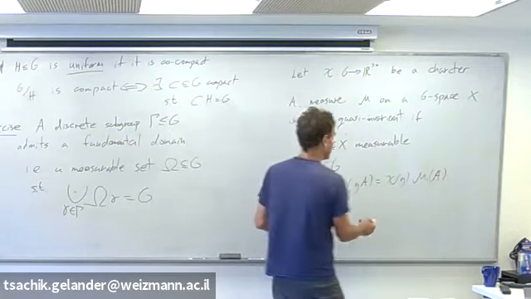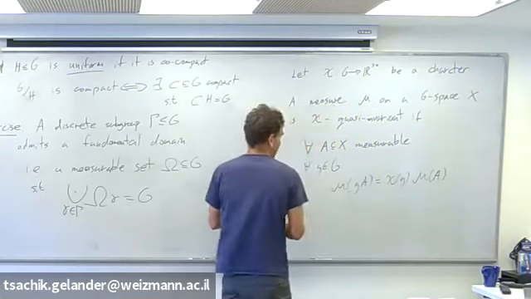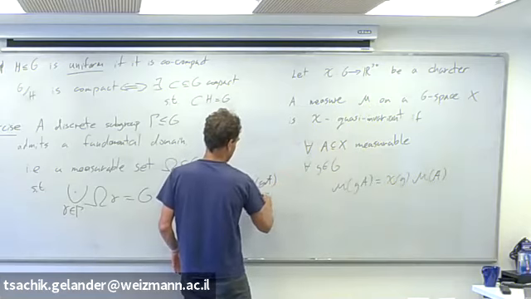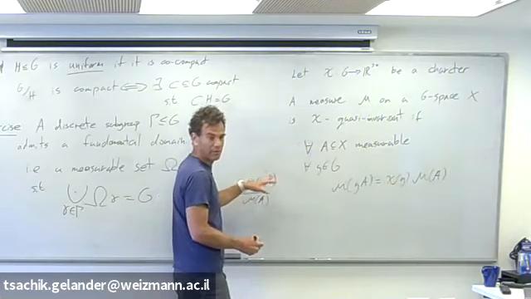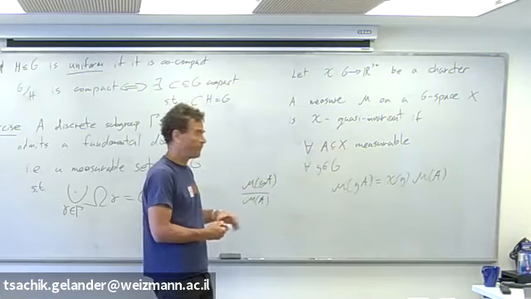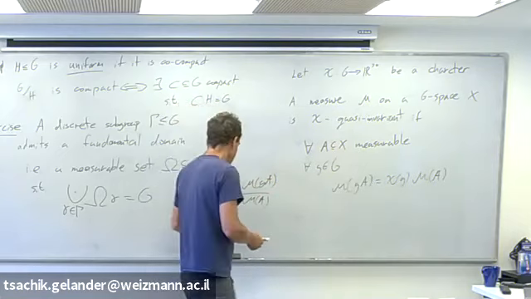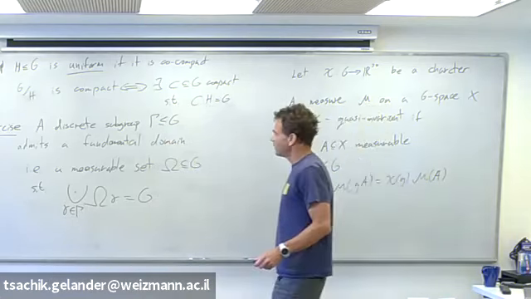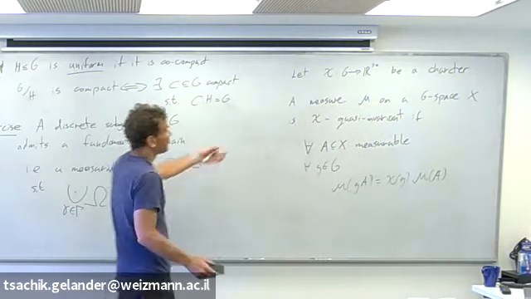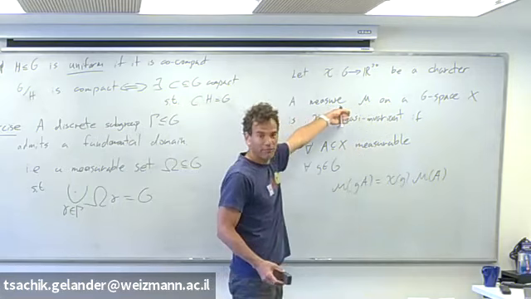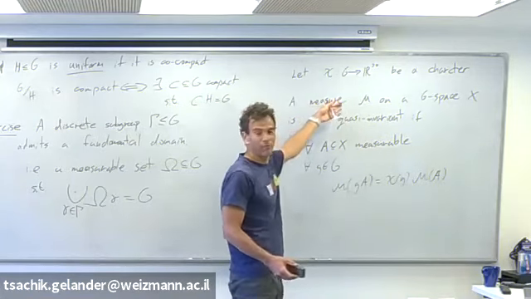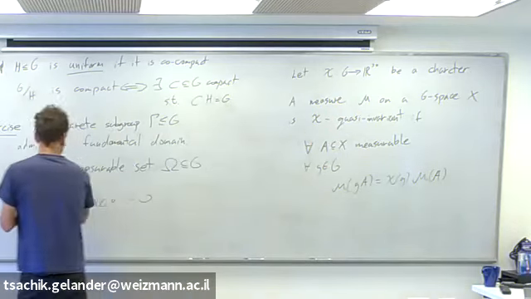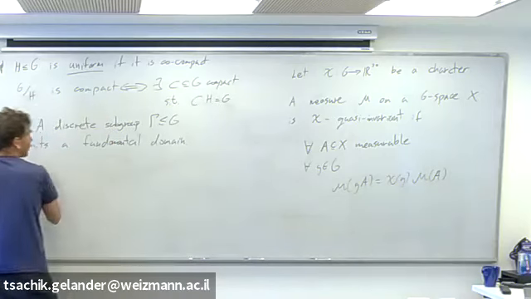And we say that the measure is quasi-invariant if there exists such a chi. In particular, a measure is quasi-invariant if mu of gA divided by mu of A is independent of A. So that's the definition of quasi-invariant. And a measure is invariant if it's quasi-invariant with respect to the trivial character. And the lemma that you can find in Raghunathan's book, I could do it here, but